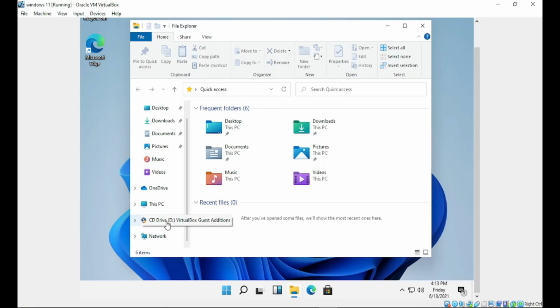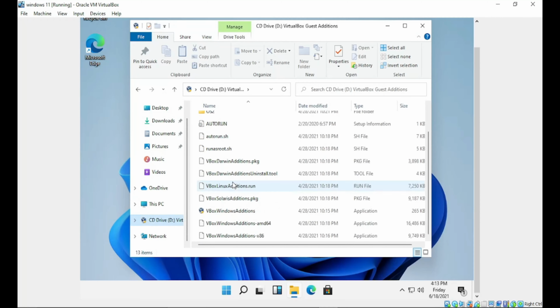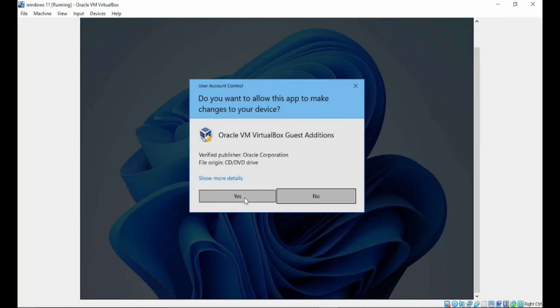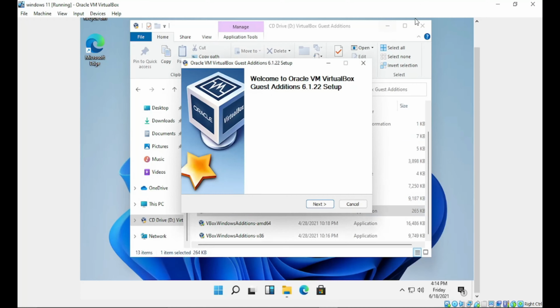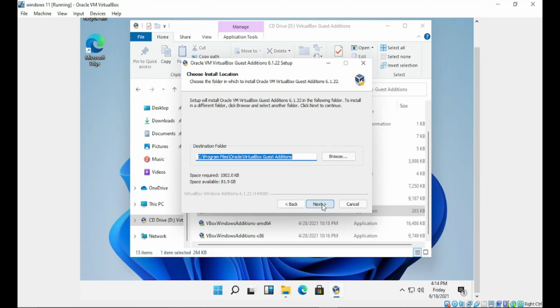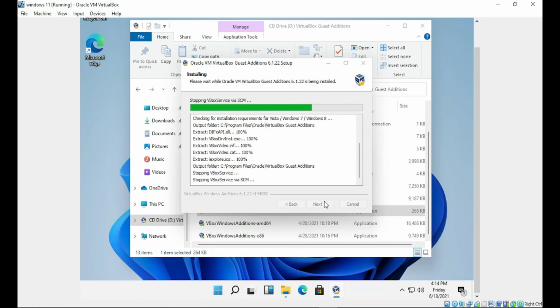In the file manager you can see here we have the CD drive, VirtualBox Guest Additions, and here down below we have VirtualBox Additions. Click on it and it asks for firewall permissions, and click on yes. After clicking on it, just hit next and install.